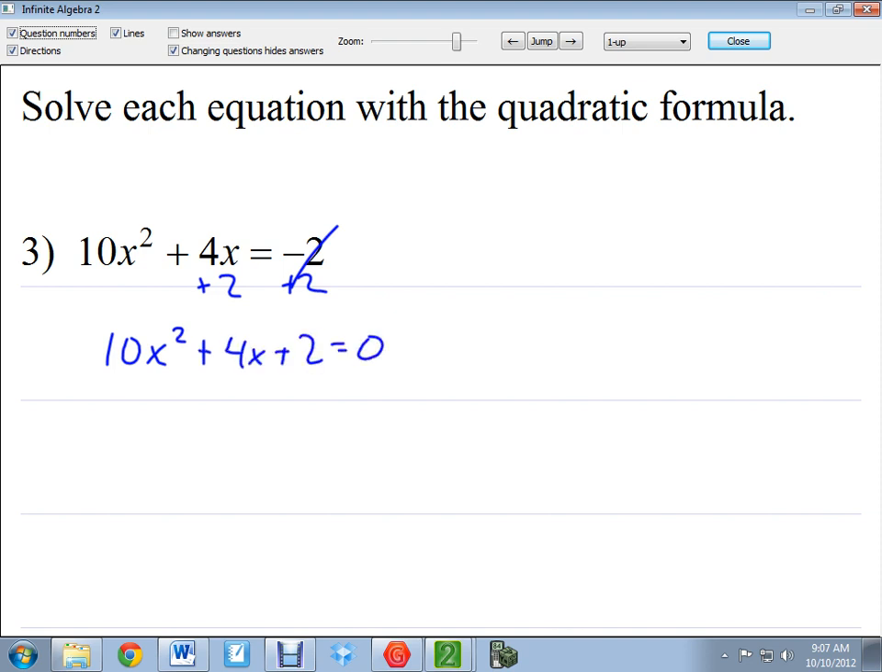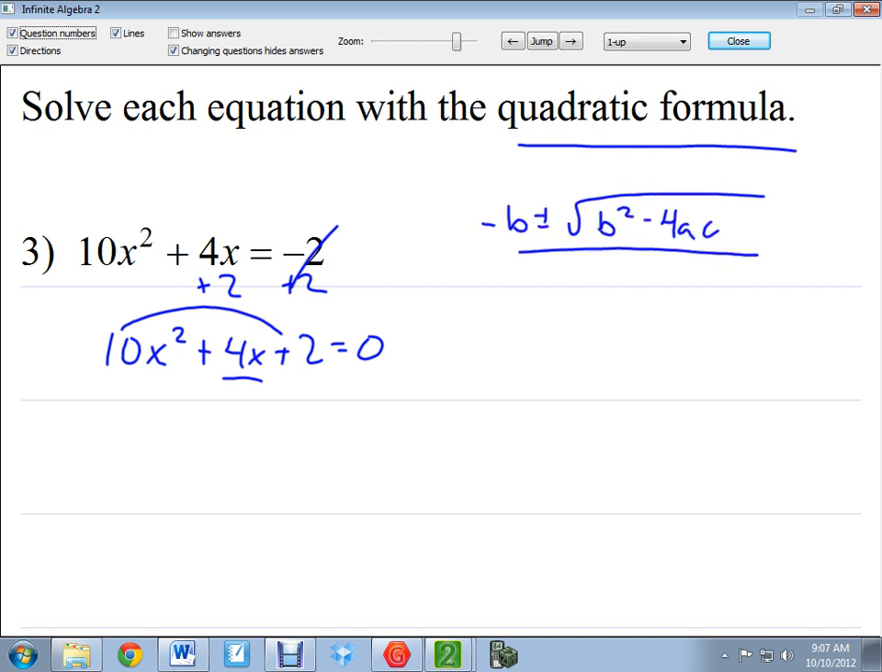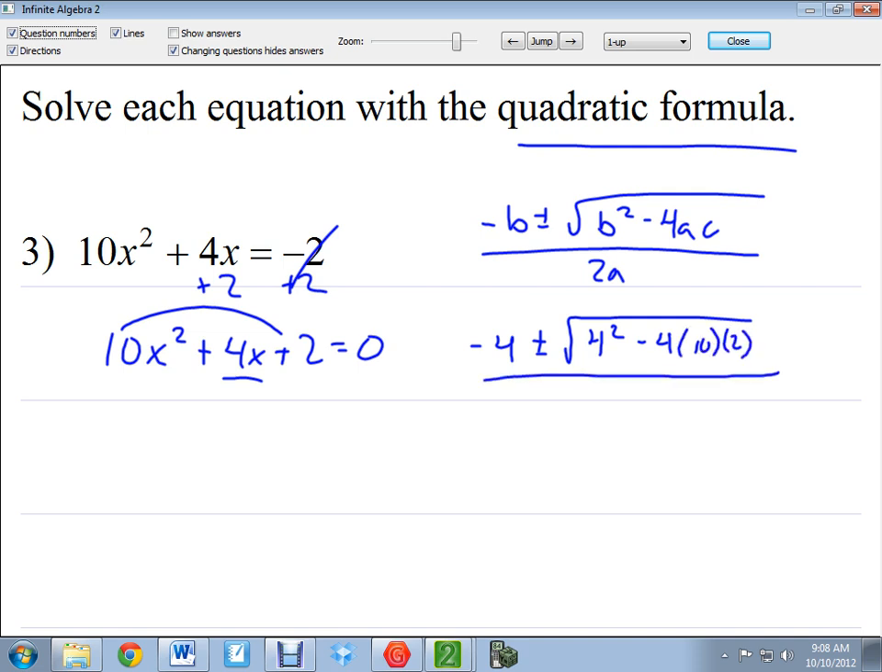Now, this is not factorable. There are not two numbers that multiply to 20 that add to 4, so we know it is not going to be factorable. So what I want to do is use the quadratic formula. Besides, it tells me to do that in the directions anyway. So we say negative b plus and minus the square root of b squared minus 4ac all over 2a. So a negative version of b in this case is negative 4 plus and minus the square root of b, which is 4 squared, minus 4 times a, which is 10, times c, which is 2,